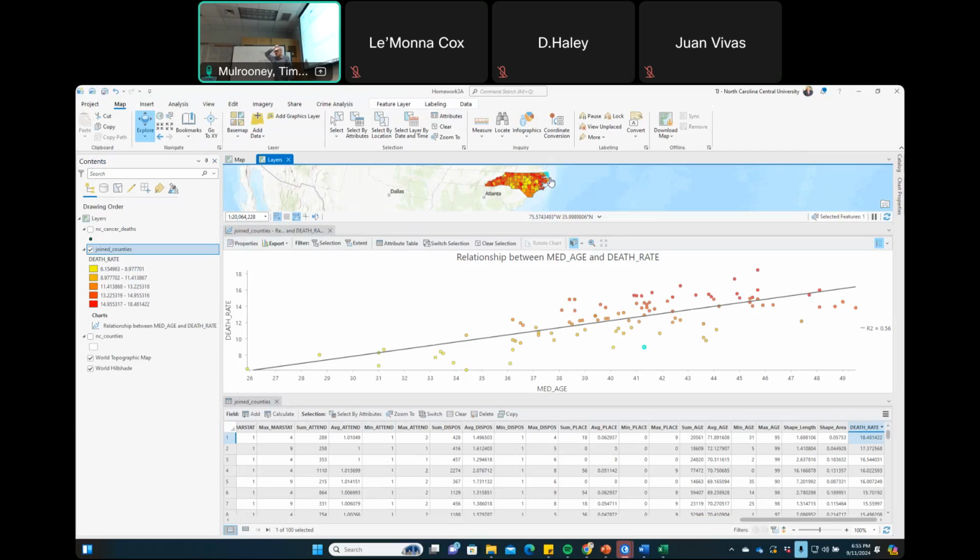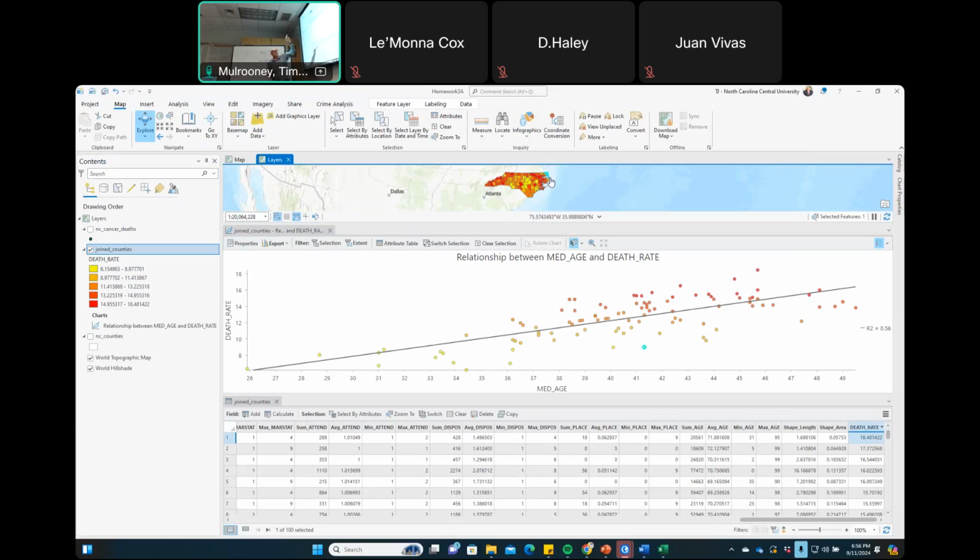And this kind of gets right to the beginning of our regression analysis. Now, this line is what we call the line of best fit, meaning the distance between each point and this line has been minimized for all 100 of those points.